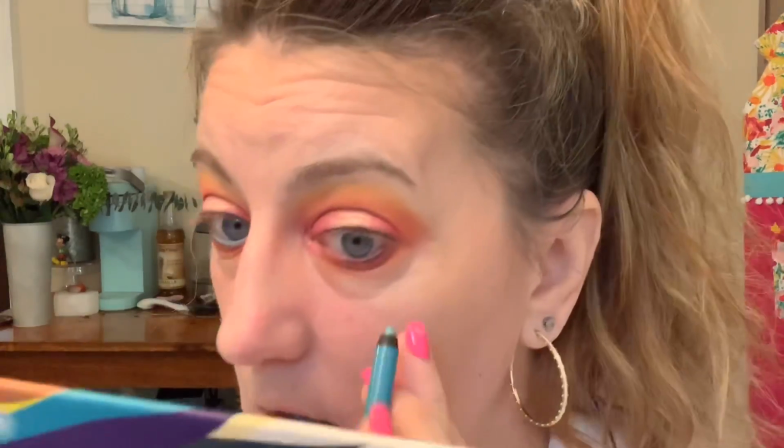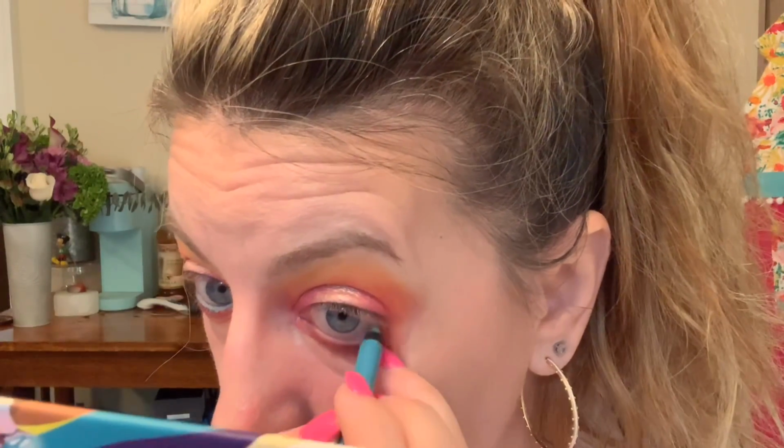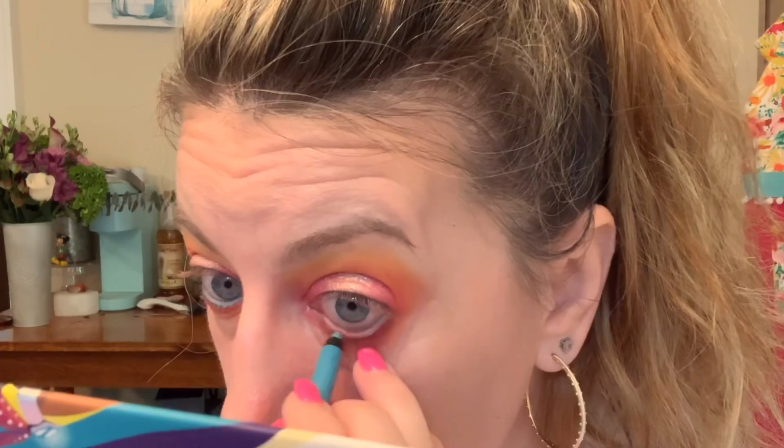All right, this is the Power Pencil in Teal by BH Cosmetics. I had ordered it, and it came in, and I'm going to put that on my waterline and add just a pop of blue. You can see how pigmented it is. It's a great eye brush for your inner corner. I don't know how long it'll stay, but